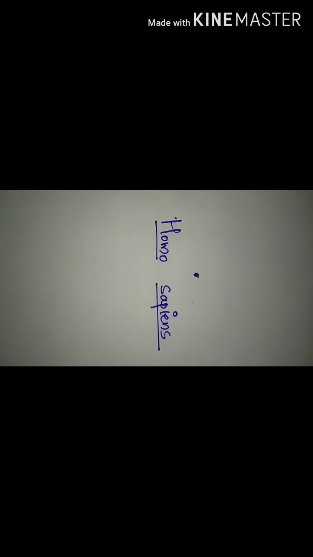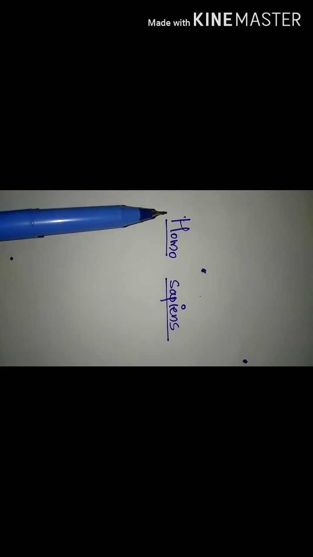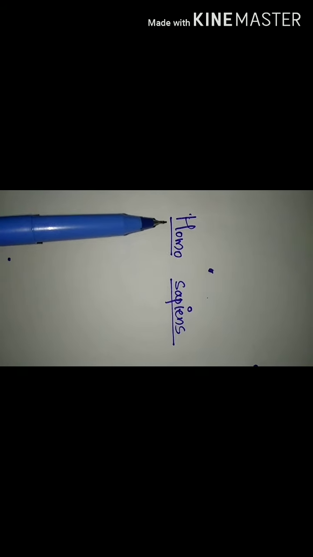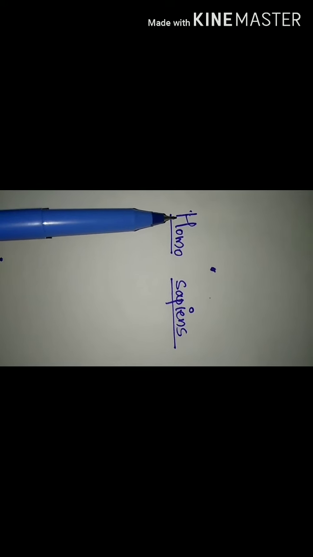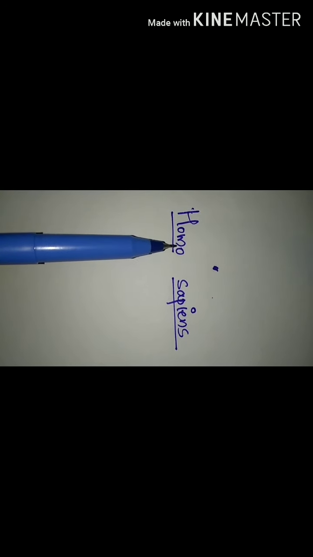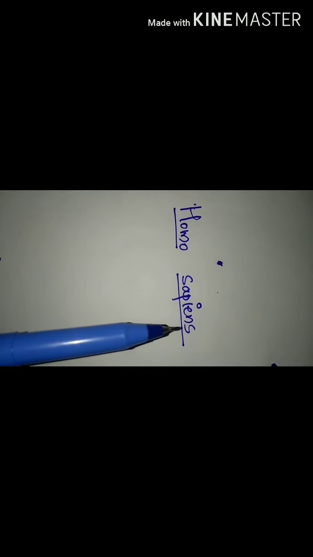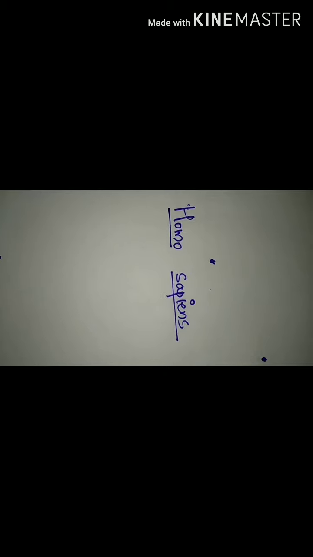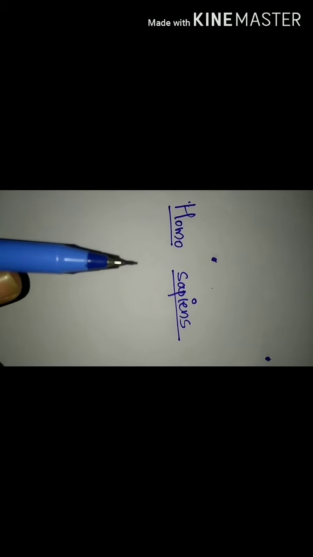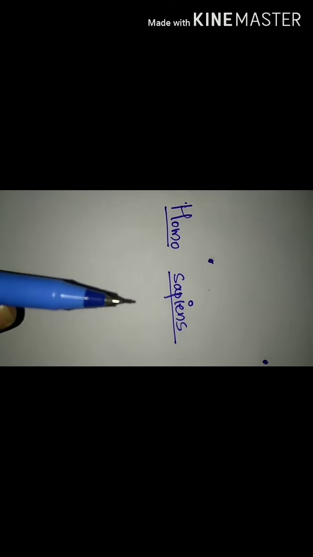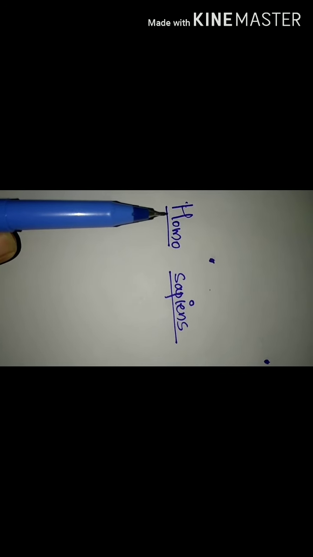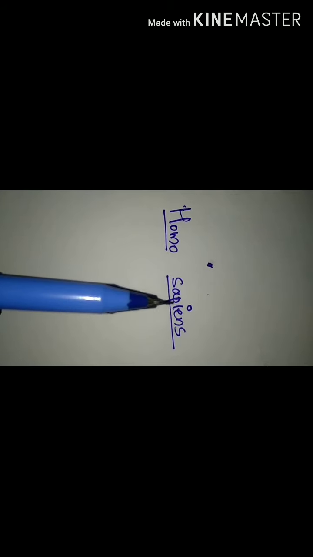So, as the first rule suggested, after writing these two parts, we have to underline, right? It has been done. And the second rule is that the first letter, this Homo here is the genus name and sapiens here is the species name. The first letter of the genus name should be capitalized and all others should be in small letters, like this. And in the species name, all letters should be in small letters. This is how you have to write the binomial names properly. You have to underline it. The first letter should be capitalized. All others should be in small letters.